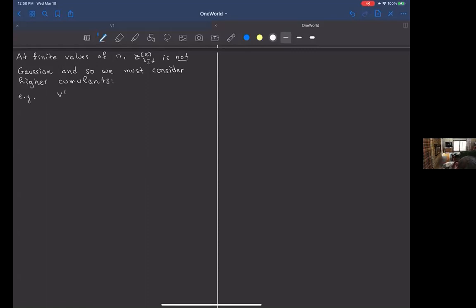The physicists sometimes call this a connected 4-point function. I'll call it V, and I know ultimately after doing the calculation that it'll scale like 1 over n^(L-1). That turns out to be the right scaling for it. By definition, you take the expectation of Z_i^L alpha to the 4th, and you subtract 3 times the expectation of Z_i^L alpha squared, squared. So this is literally the thing that's 0 for the Gaussian.